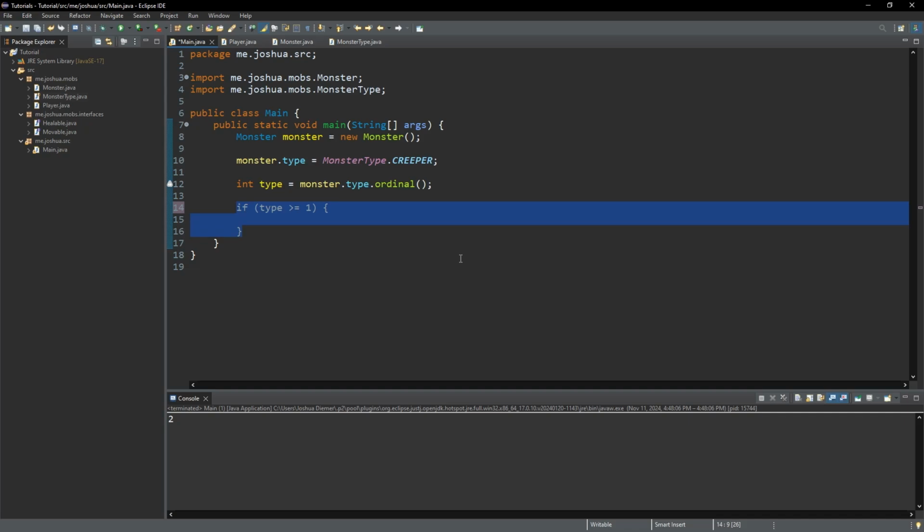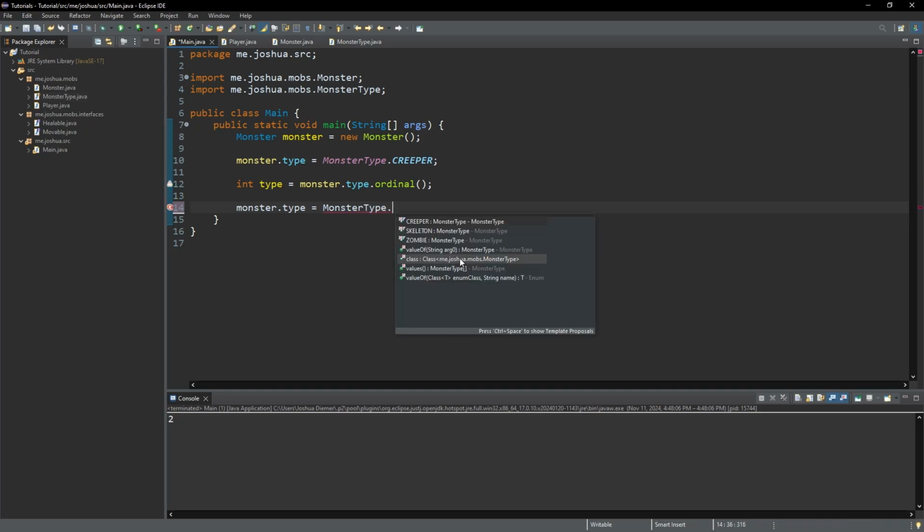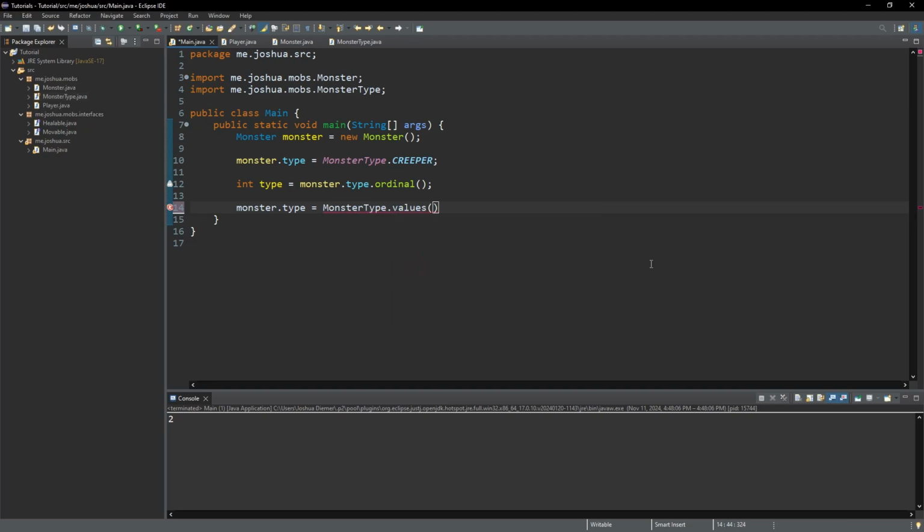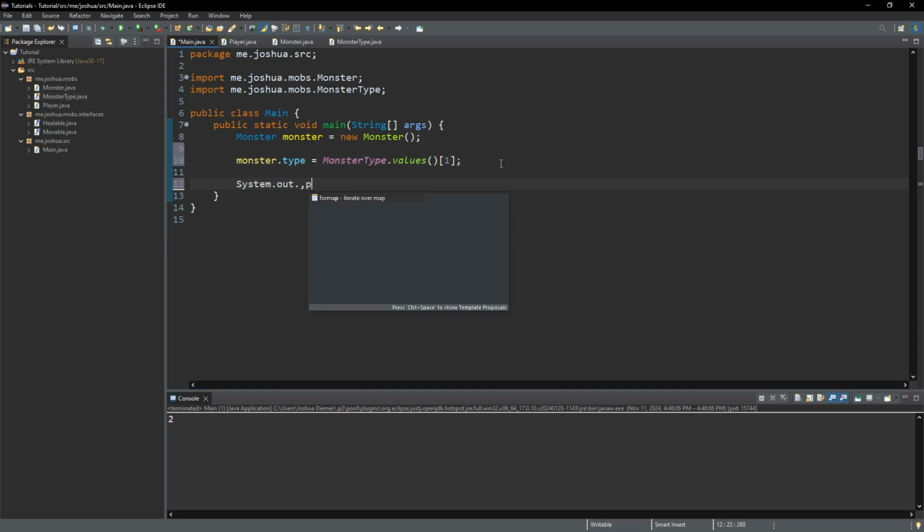You can also retrieve a certain monster type. So you can say monster.type is equal to MonsterType. It has default static methods such as valueOf, values, or valueOf and something a little more complicated. But you could say values, and this gives you the array of all the monster values. So you could say 1. And what that will give you is skeleton, because that's what 1 is. So if I were to say that, and I were to print it out,